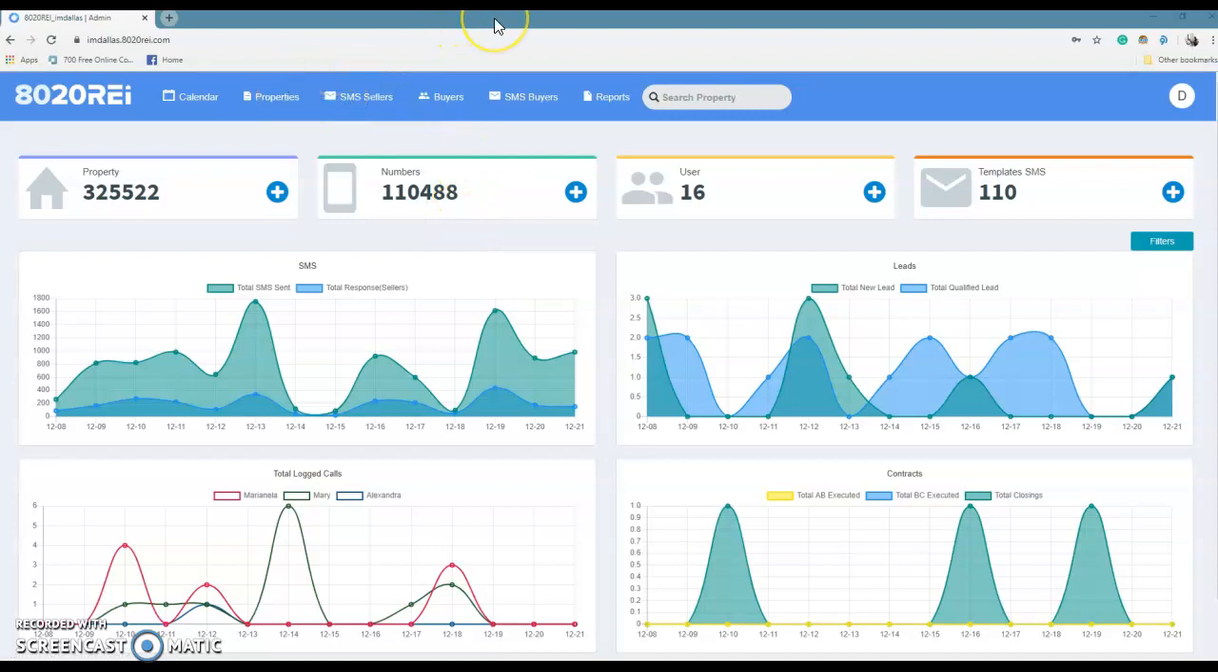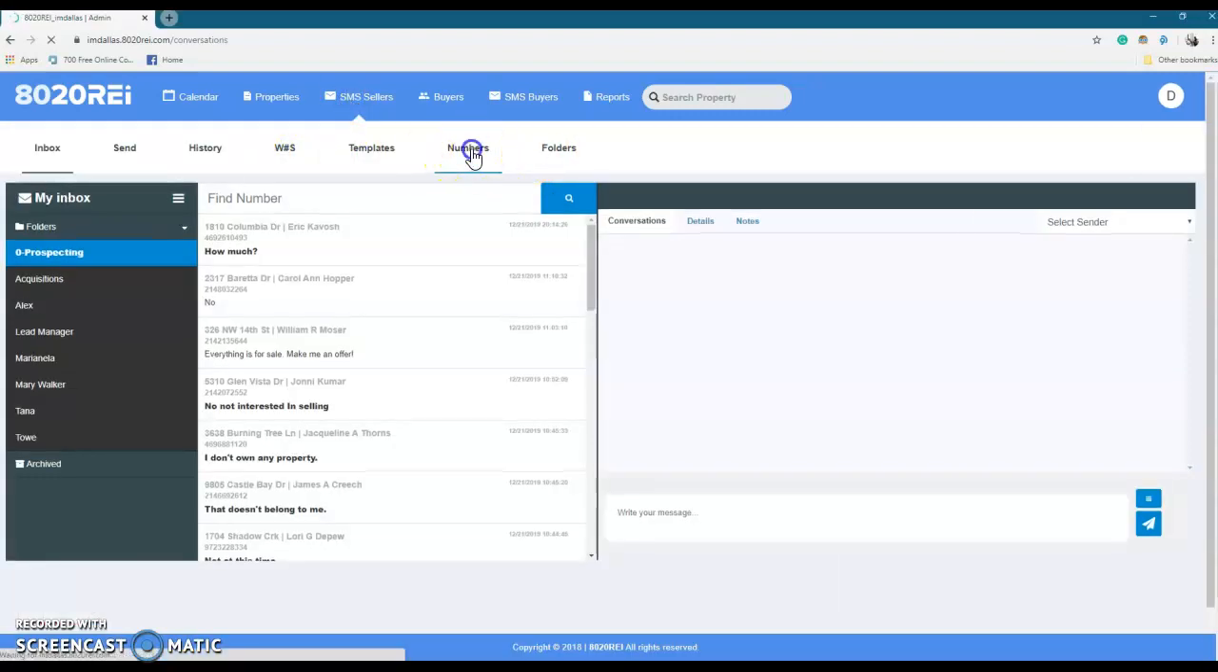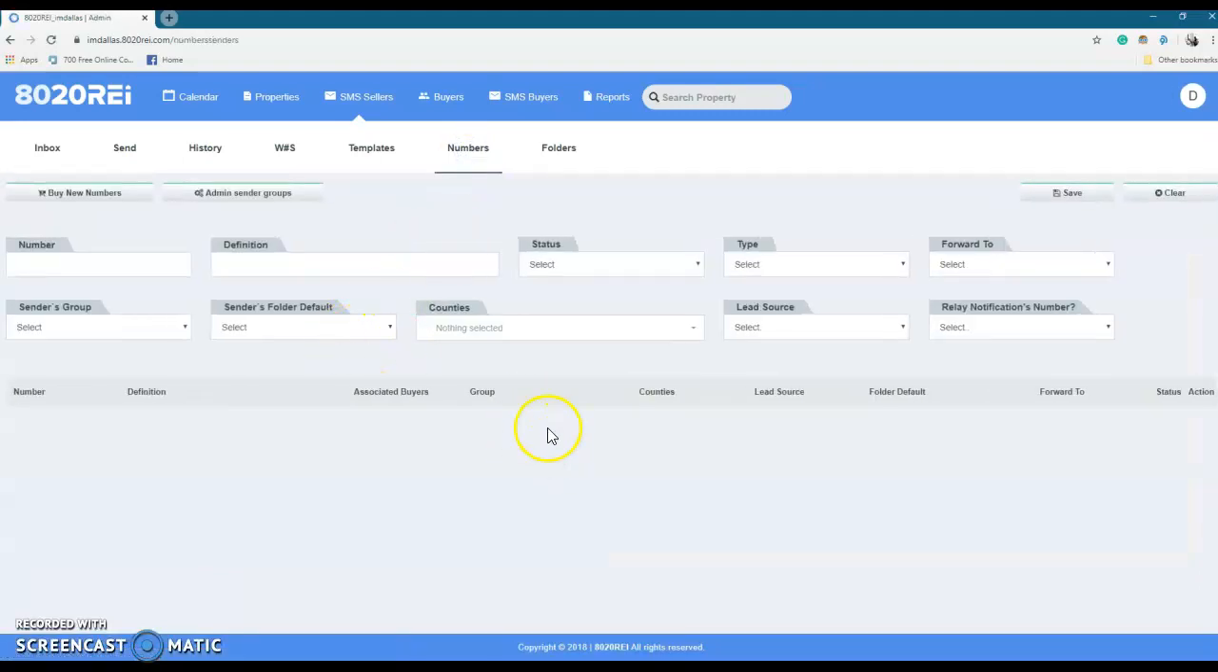Hi team. So how to buy more numbers in 8020? After logging in, you will go here, SMS Sellers tab, and then Numbers. Then after clicking Numbers,